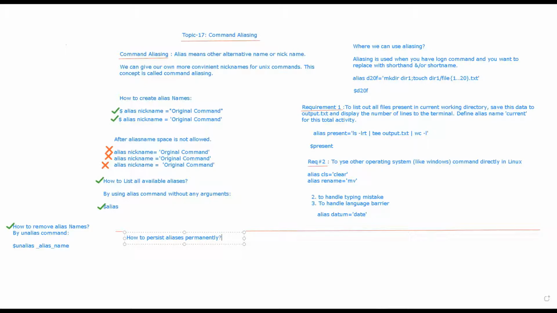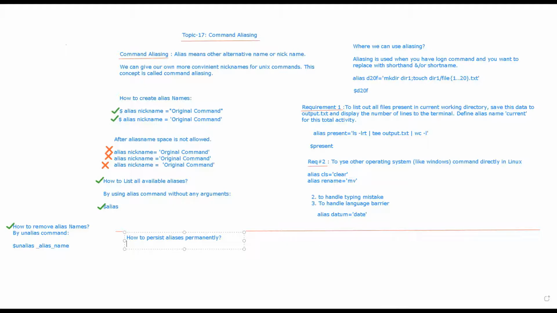There are multiple ways to create permanent aliases. Basically there are two ways.